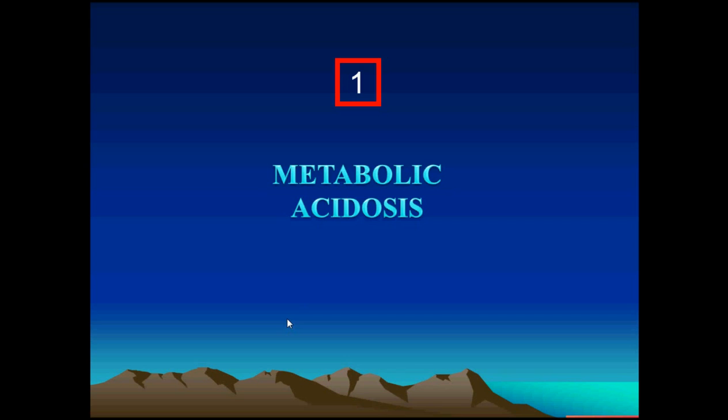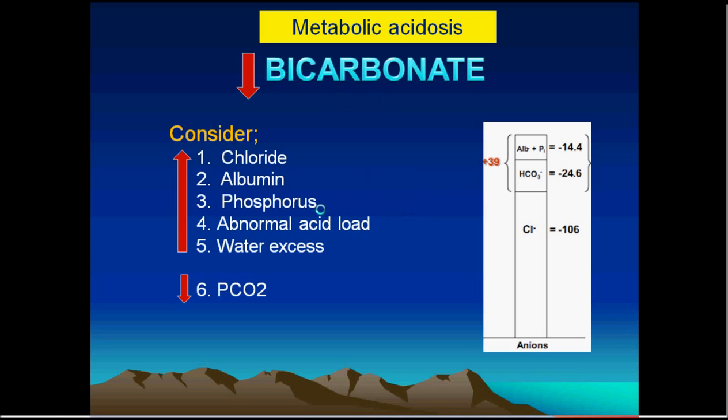Metabolic acidosis, when we come back to the change in the pH itself, is under the effect of two things: carbon dioxide, which is the respiratory problem, and bicarbonate, which is the metabolic problem. So when we say metabolic acidosis, this means that there's a decrease in the bicarbonate. When we look at the bicarbonate, the causes of its decrease, we have to remember